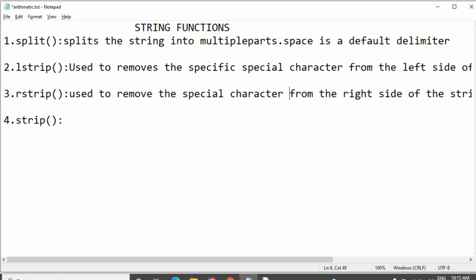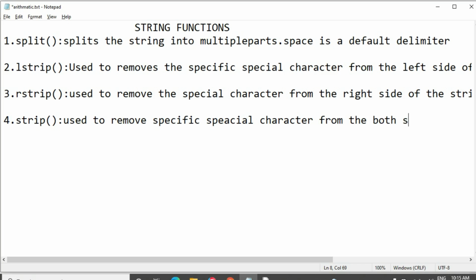If you want to remove a particular character from both sides at a time, we should go for the strip function. It is used to remove a specific special character from both sides.